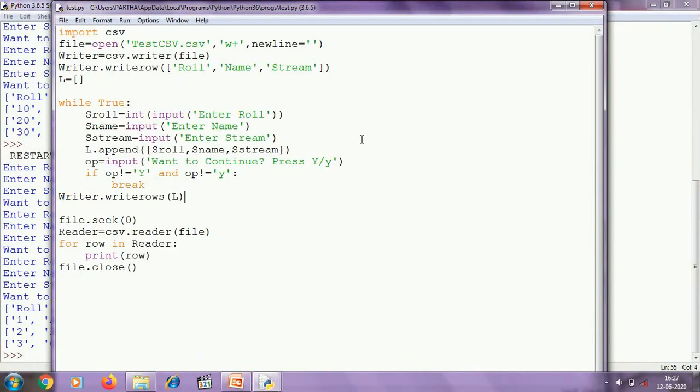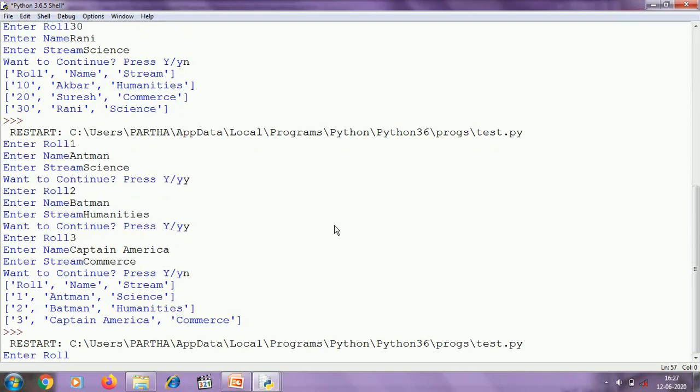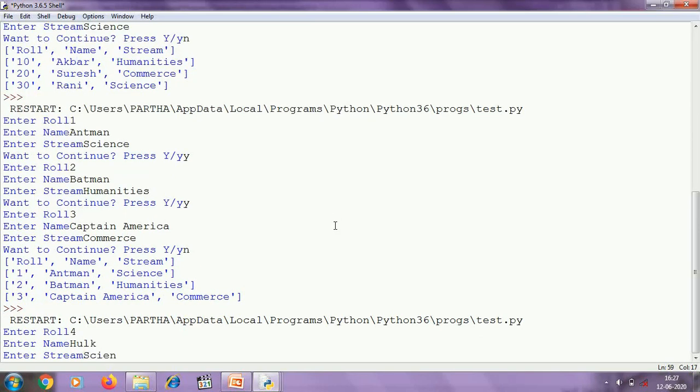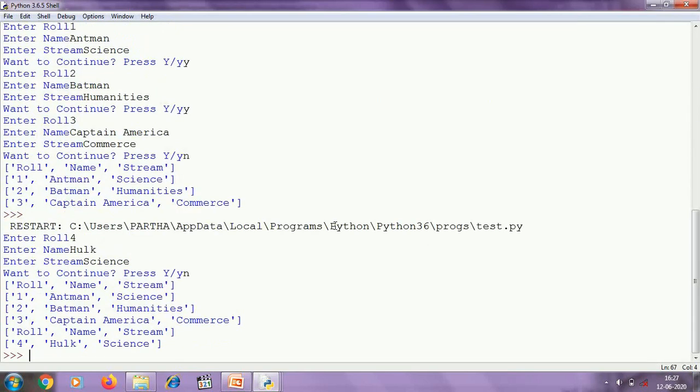And for appending the program will be same. I just need to write a plus here. Let's check. Enter role, for example 4, enter name, for example Hulk, and stream science. 1 to continue, no. Actually for appending there is a problem.